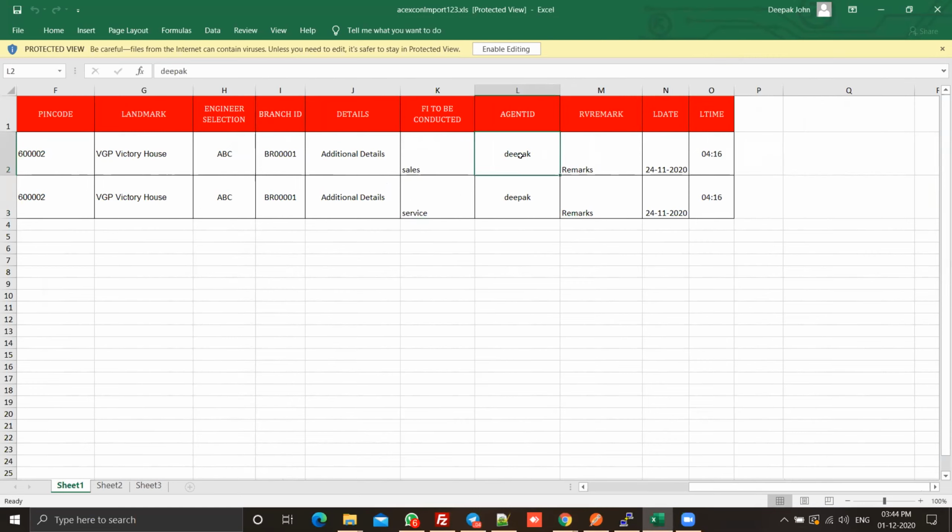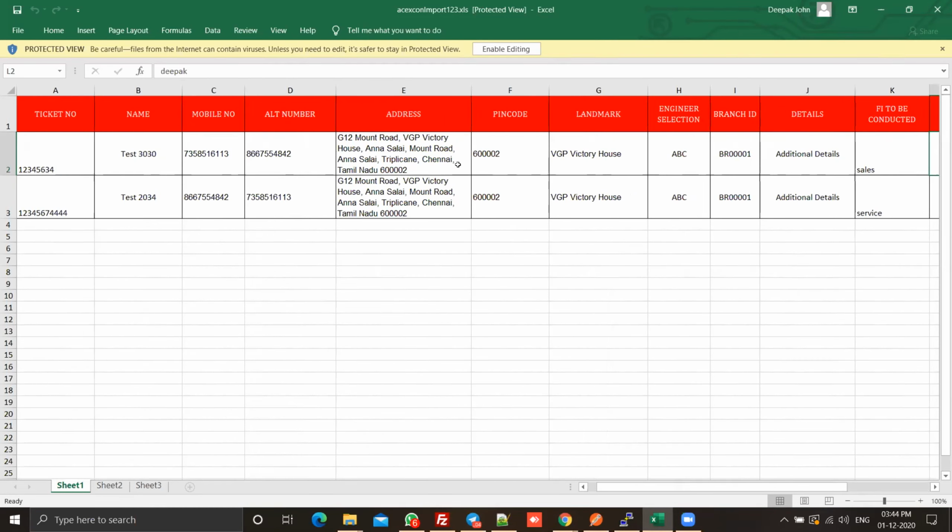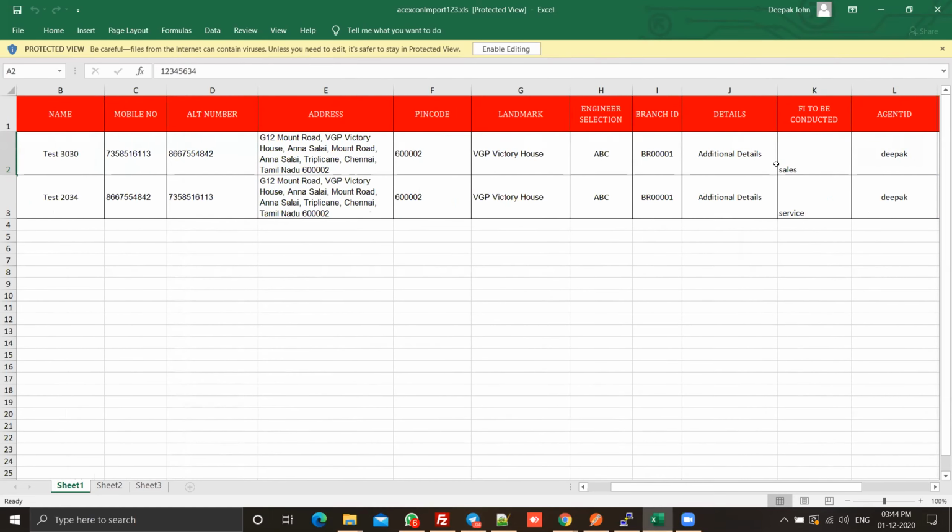If you want to auto assign based on the imported value, since we have... My doubt is, if you go to the start of this sheet, it has ticket number, name of the client, mobile number, alternate number, address, pin code, landmark, and engineer selection. And engineer selection becomes the agent ID. So if this is the case, then it should automatically assign that particular case to that respective person.